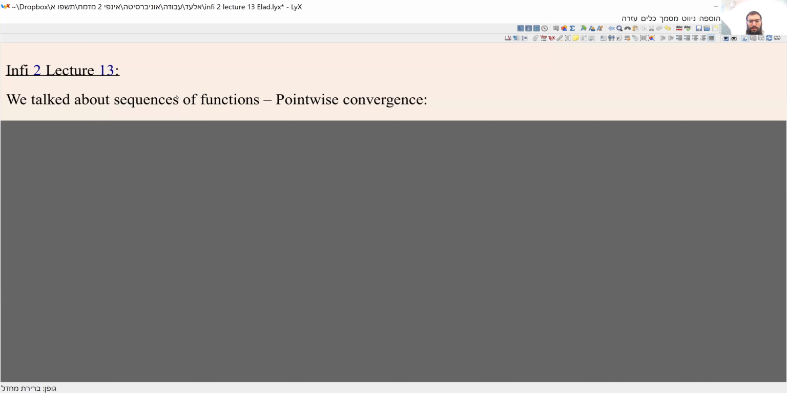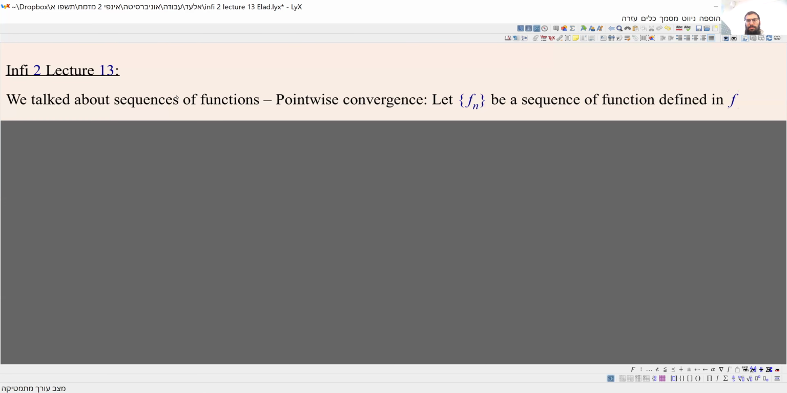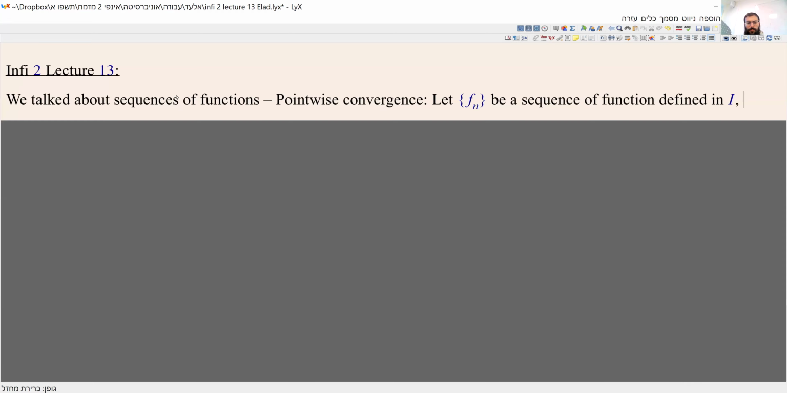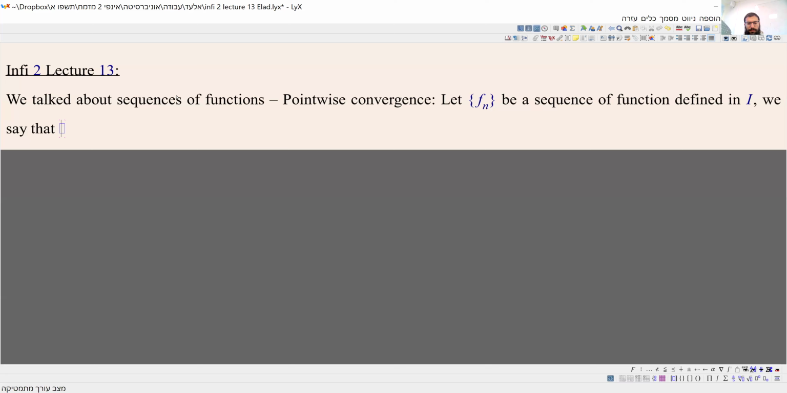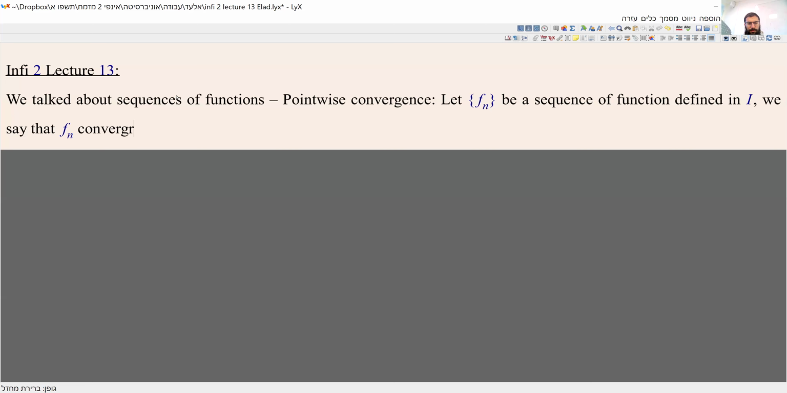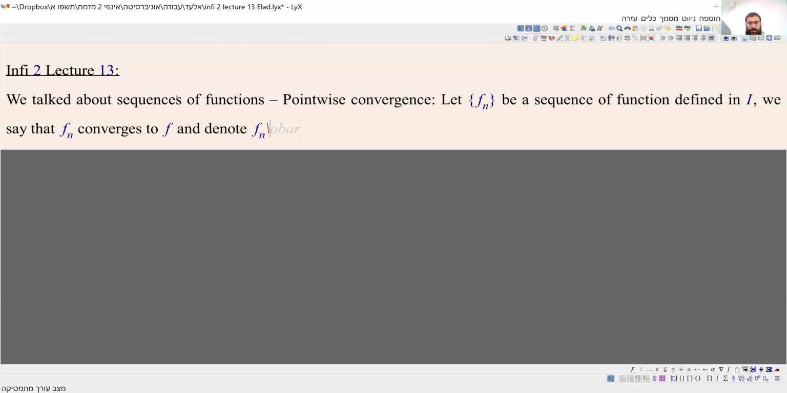Let's remind it. Let Fn be a sequence of functions defined in some segment I. It can be all of R, it can be 0 to infinity, it can be 0 to 1, etc. So don't write it down as a closed interval, but just I. We say that Fn converges to F in the meaning of pointwise, and denote Fn goes to F